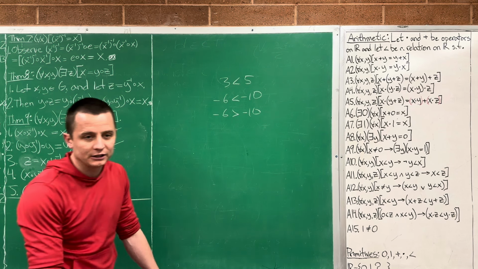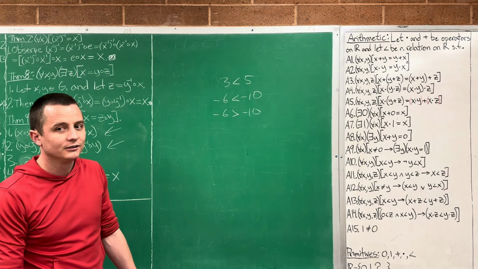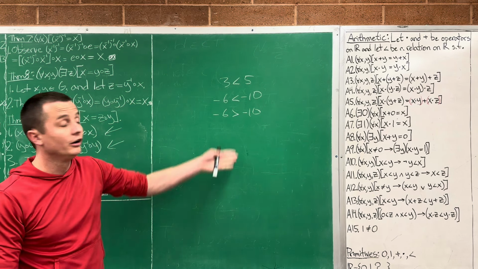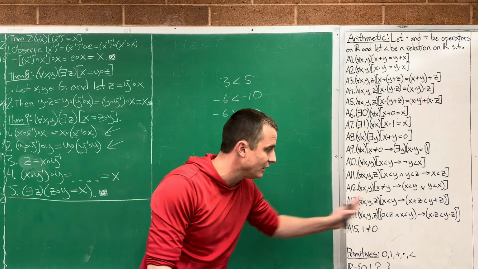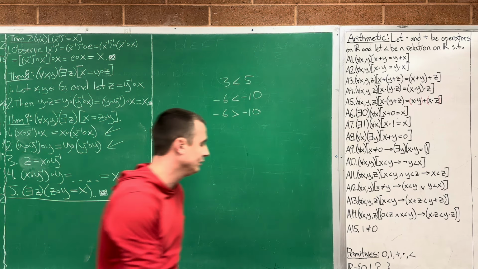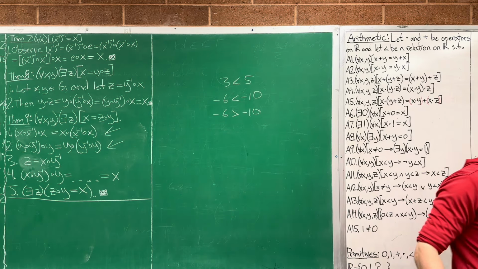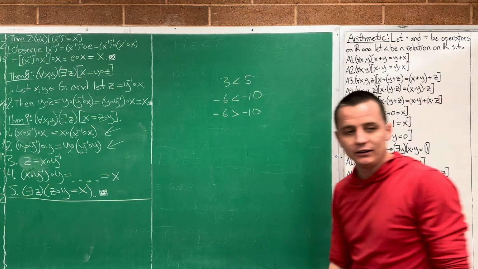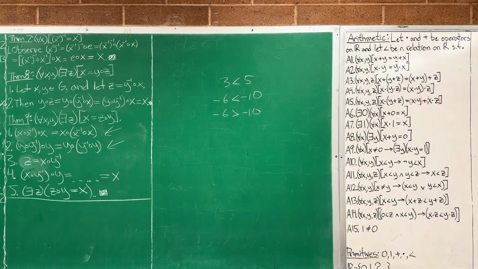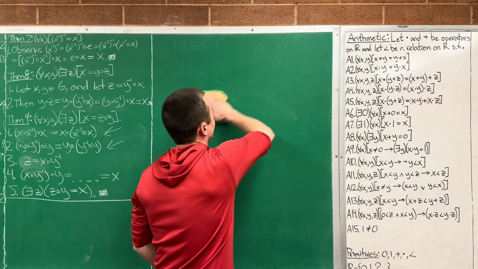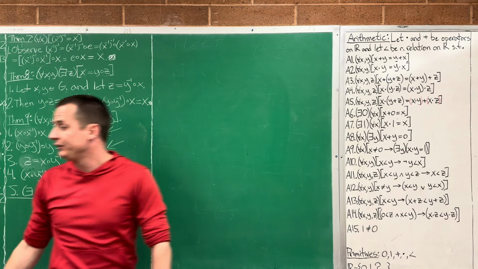Would you rather owe me $6 or $10? So it reverses it. Well, we'll prove that it reverses it, but we don't need that information in our axioms. Remember, your axioms are somehow trying to minimize the information you need to get everything you want out of the system. And then finally, we have axiom 15 called the non-trivial axiom,